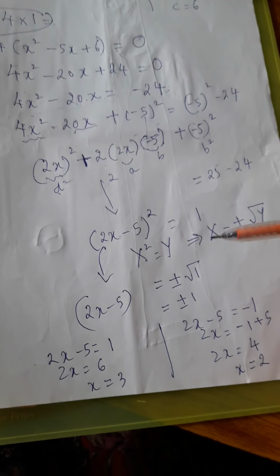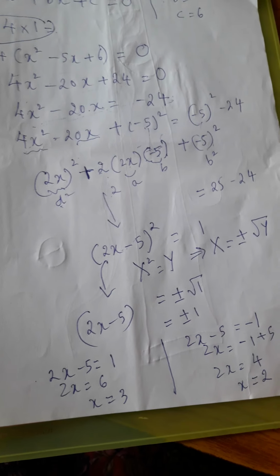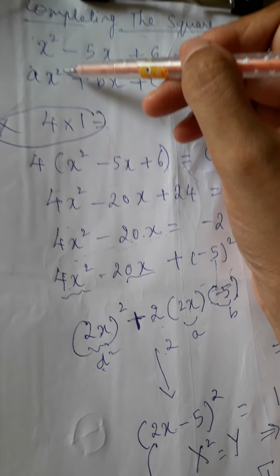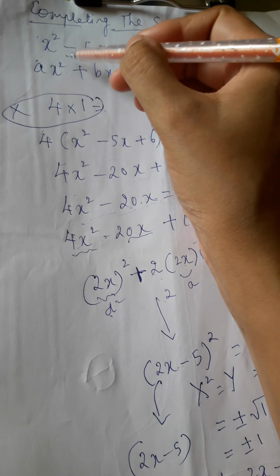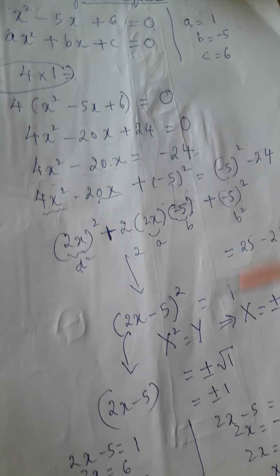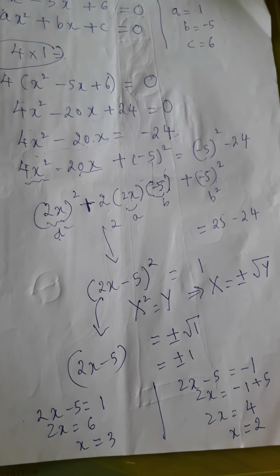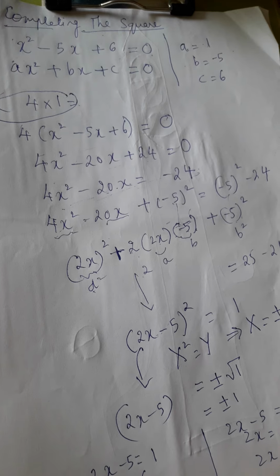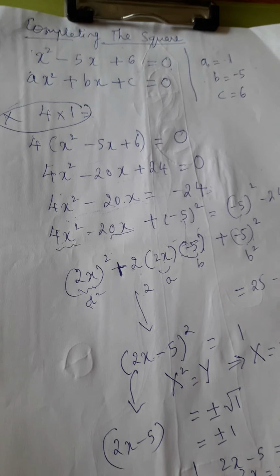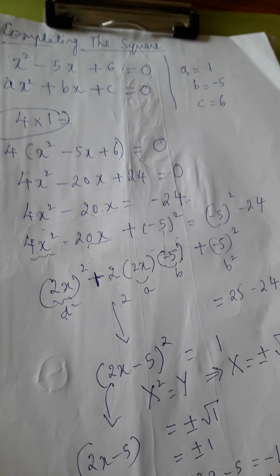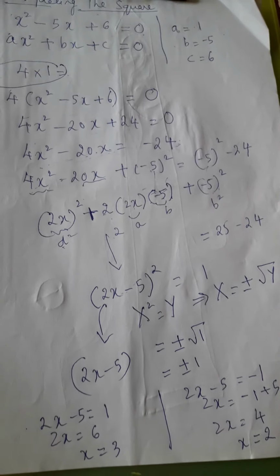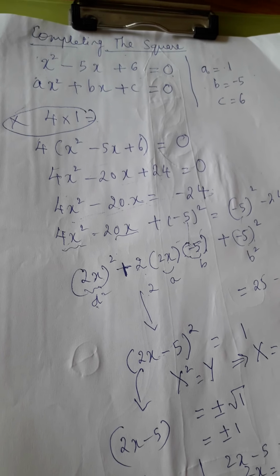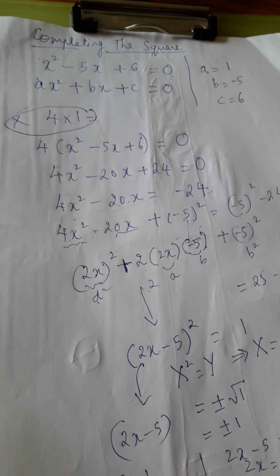And how do we verify? Go back and put x is equal to 3 or x is equal to 2 in this equation. You would get LHS as 0. That is, the equation is satisfied when x is equal to 3 and x is equal to 2. Okay, so likewise, a question might pop up like, why should it have only two roots? x is equal to 3 and x is equal to 2. Will the equation be satisfied for any other values of x? No,